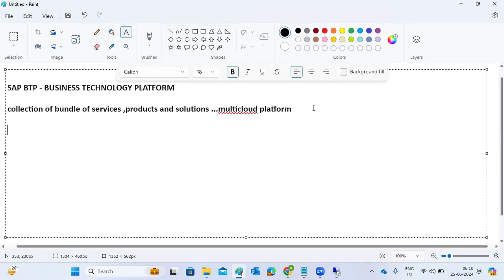So who are the cloud platforms? It's a customer choice. Customer choice means it's our choice to choose in which infrastructure provider, in which cloud platform you want to deploy your services. You need to choose it while creating the subaccount. It's our wish, it's not SAP's wish. SAP won't say you need to deploy ABC service only on AWS. It's our wish. We can deploy on either Azure, AWS, GCP, or Alibaba Cloud. So there are multiple cloud providers.